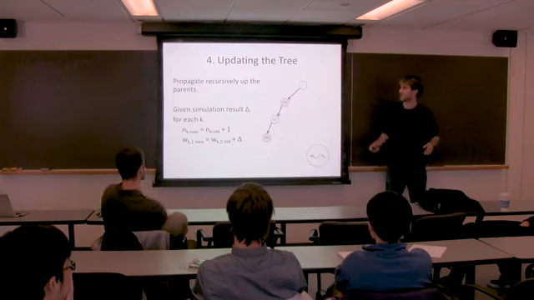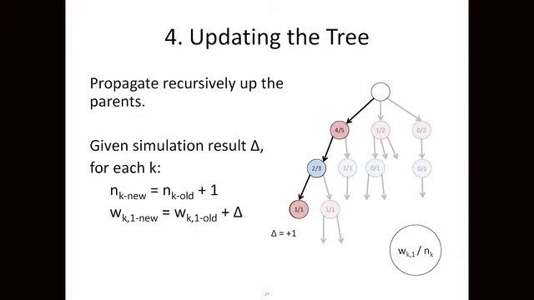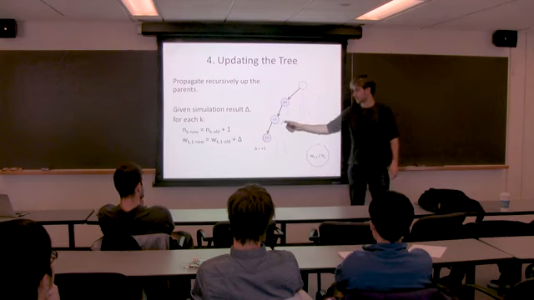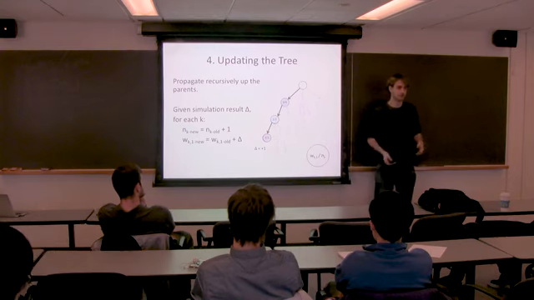All right, great. Now we're going to update the tree with the result of our simulation. So given that we had some result lambda, we're going to propagate up the parents. And for each parent, we're going to add that the game has been played there once, and that the result of that simulation gets added if it was a 1. And so, for example, if there was a win in this game, then this becomes 1-1 because now it's 1 once and it's been visited once, and these two get incremented by 1, and these two get incremented by 1,